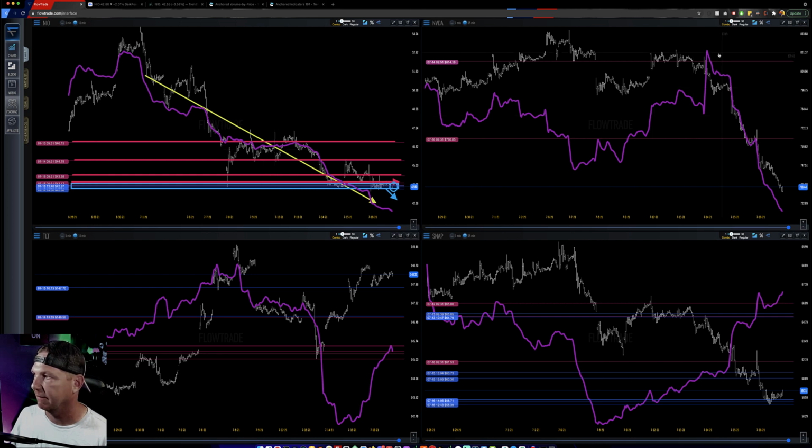NVDA, right, kind of the same deal, selling off. TLT, the algo needs to curl back around to continue to move to the upside. Look for a pullback to that block trade at 147.70. Snap, nice bullish divergence. It's at support, so it can continue to move to the upside. And then finally, Amazon,